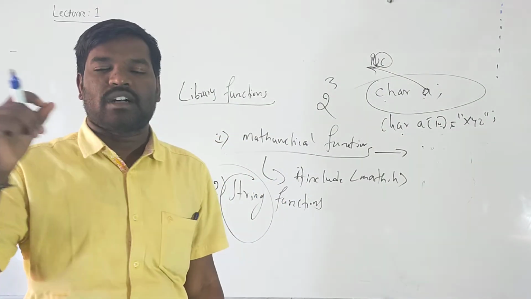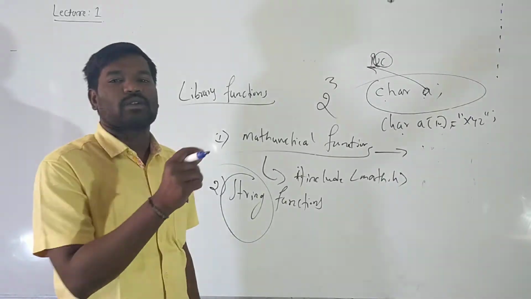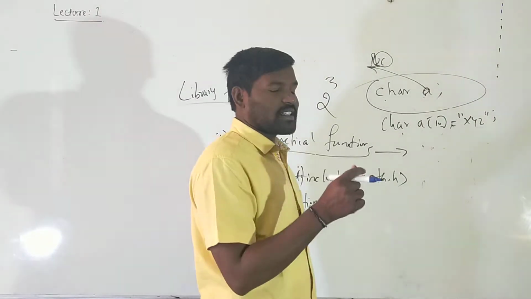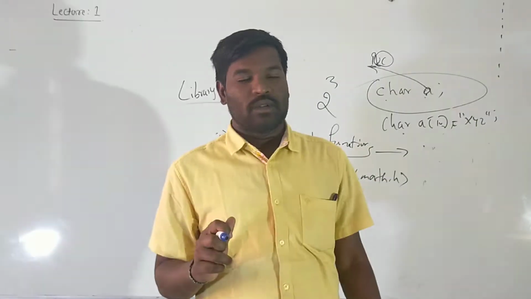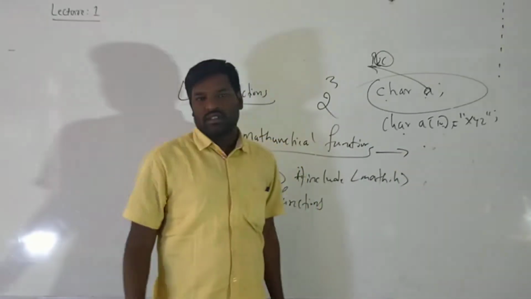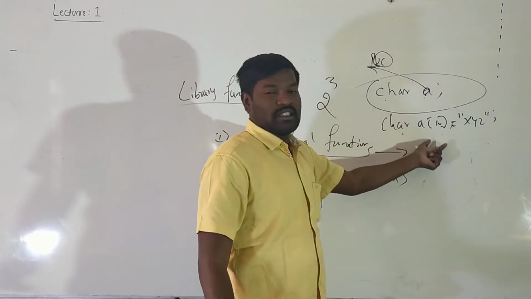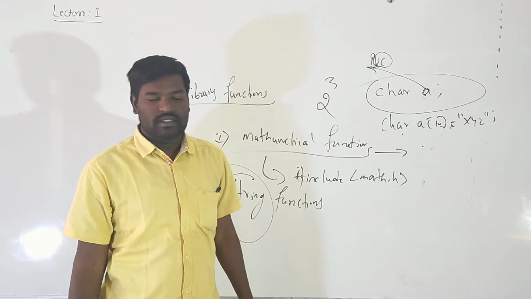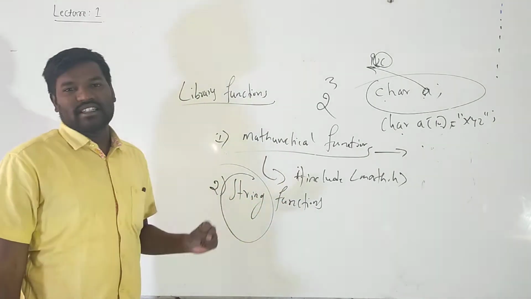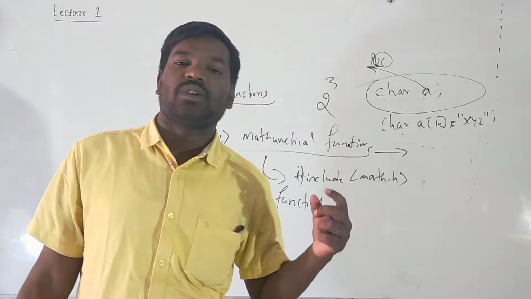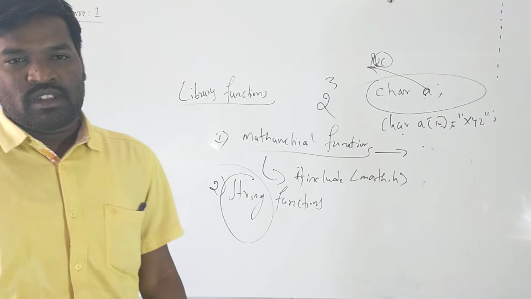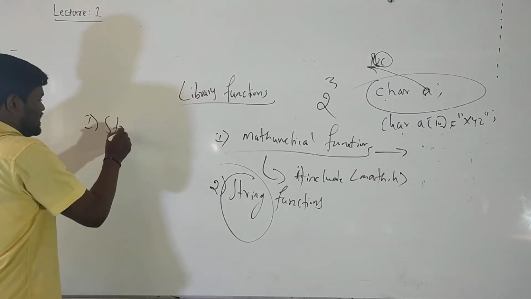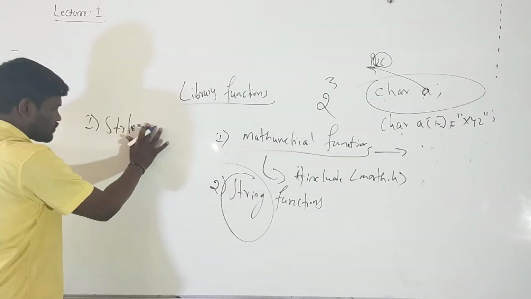With the help of the command prompt, at the time of executing the program, if you want to give the input as a string, you directly enter the name. No need to write double quotes. If you want to initialize, then you must include the double quotes. Now, string functions. A string is a collection of characters enclosed within double quotes. The functions of strings are, first one is strlen.